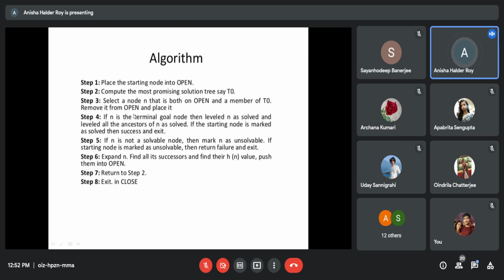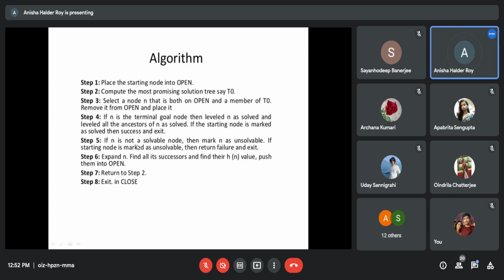Remove it from open and expand it. If n is the terminal goal node, then label n as solved and label all the ancestors of n as solved. If the starting node is marked as solved, then success and exit.